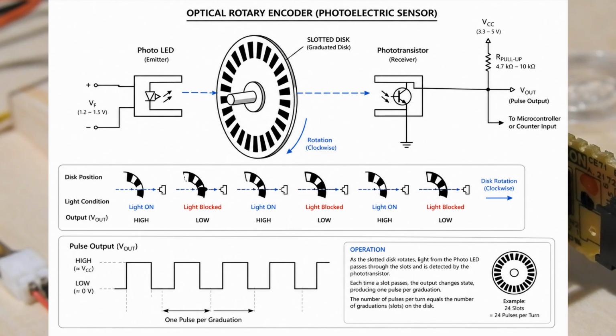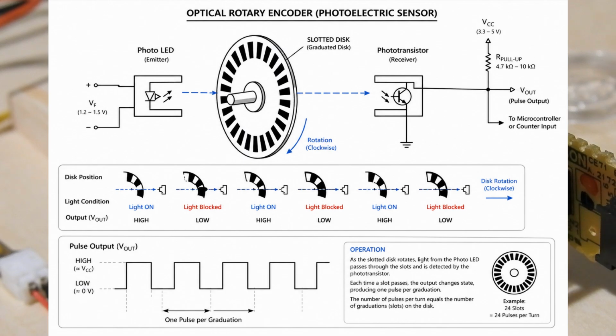Operating principle. The photo LED continuously emits a light beam toward the phototransistor. The graduated disc rotates between the emitter and the receiver. As the disc rotates, when a slot aligns with the LED and the phototransistor, the light passes through the slot. The phototransistor receives the light and turns on, causing the output signal to change state, typically high or low, depending